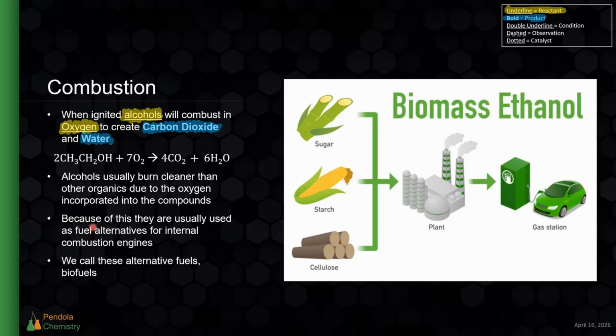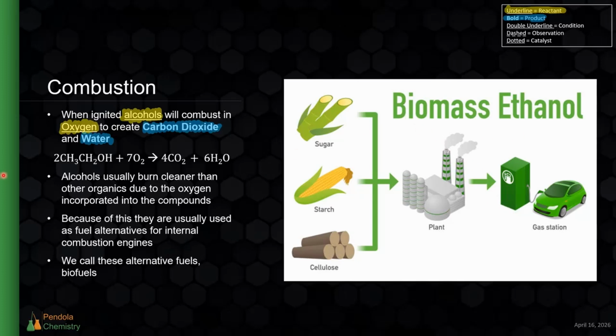So right now we use things like fossil fuels that create things like gasoline. Well, fossil fuels have a bunch of different environmental issues that we have discussed in the past, whereas alcohols created from biomass can burn a lot cleaner. Biomass are things like sugars from plants, starches from plants like corn, and even cellulose from scrap parts of plants like leaves and stems. All of these can be processed in plants and turned into alcohols, which are then used